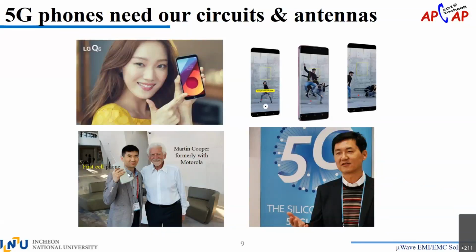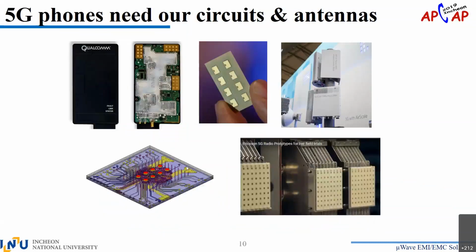Time to talk to Martin Cooper, formerly with Motorola. So that was a very nice time. So I can share the memory about him with you in the future when we see each other. And I had to take a step inside of the